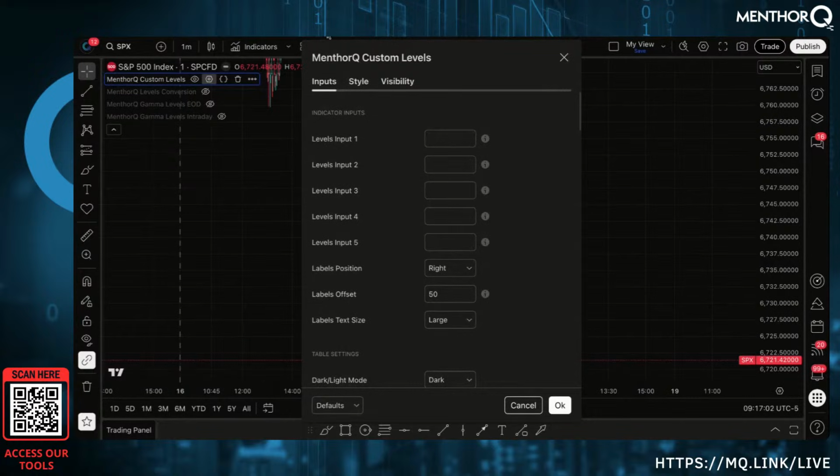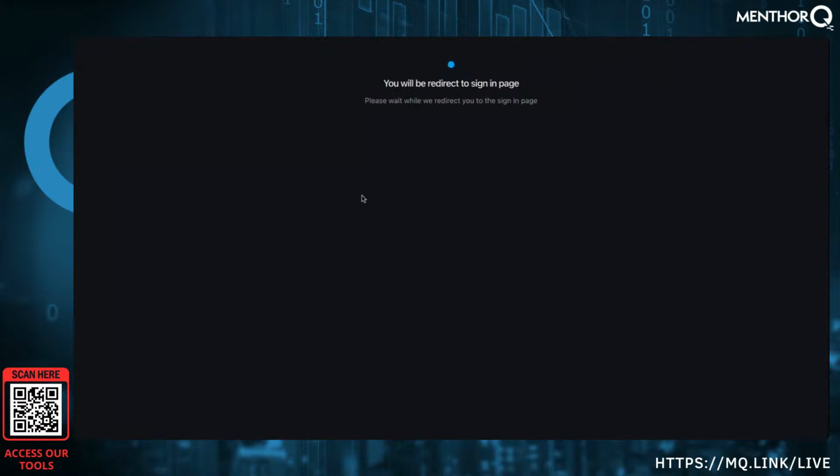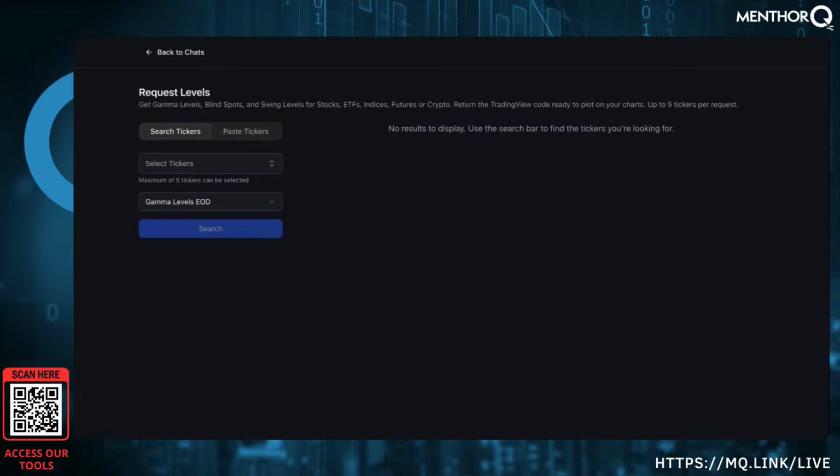So we also developed now a tool within Quinn. If you go to Quinn and you click on levels, that will allow you to get the levels directly for the upload. You most likely are going to be trading maybe a few assets. So there's two ways of selecting it. One, either type in the asset here, SPX,